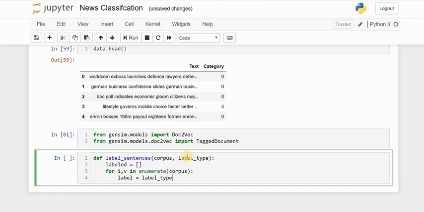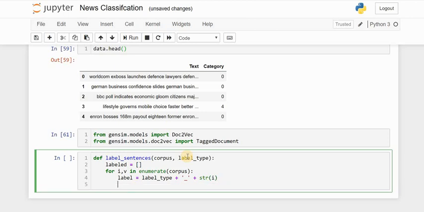We will be treating the corpus, which is a list of training articles as well as testing articles. Here we will be using the TaggedDocument method, which we just imported from Gensim.